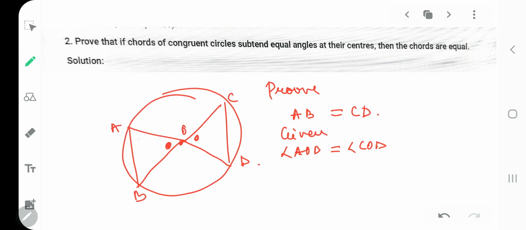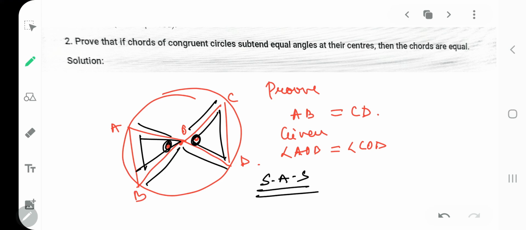We will take two triangles, obviously this one and this one. It is given that AOB is equal to COD, your reason number 1. Reason number 2, AO is equal to OD because they are radii of the same congruent circles. I have taken only one circle. You can make two circles differently, no problem. CO is equal to OB, again the same reason that they are radii of same circle. Therefore, two triangles are congruent by SAS test. Once they are congruent, you can put therefore AB is equal to CD by CPCT. Am I correct?